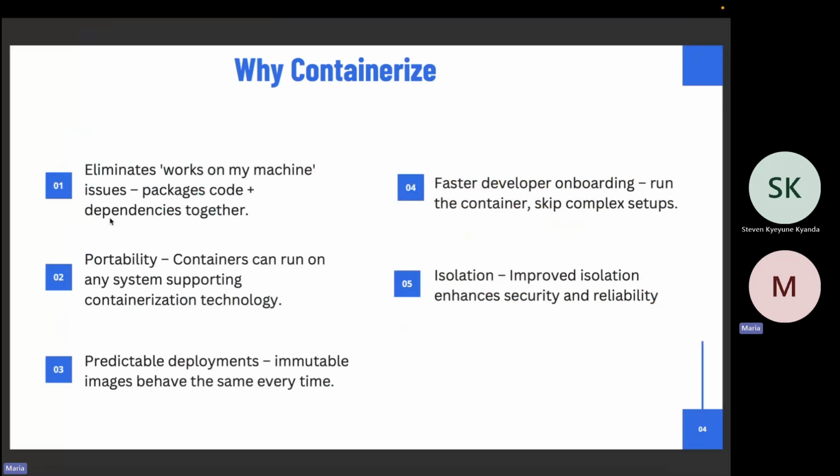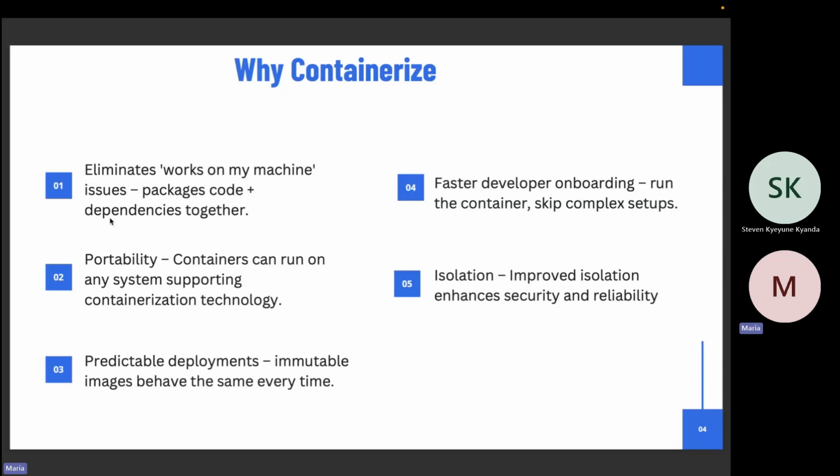So why do we containerize? There is this common problem where you make your code and now it's time to deploy, but then when you try to deploy it to an environment, it's not working. And you end up with a statement like, but it was working on my machine.